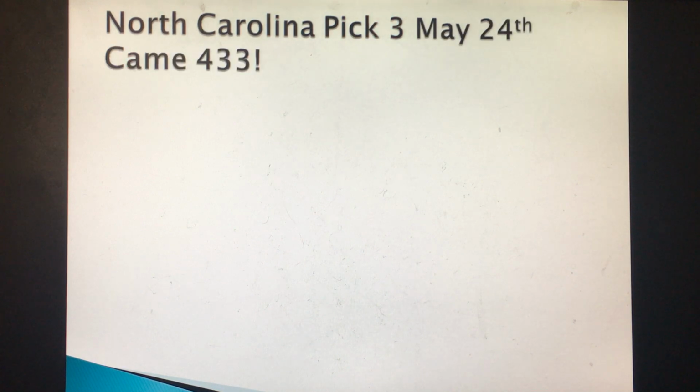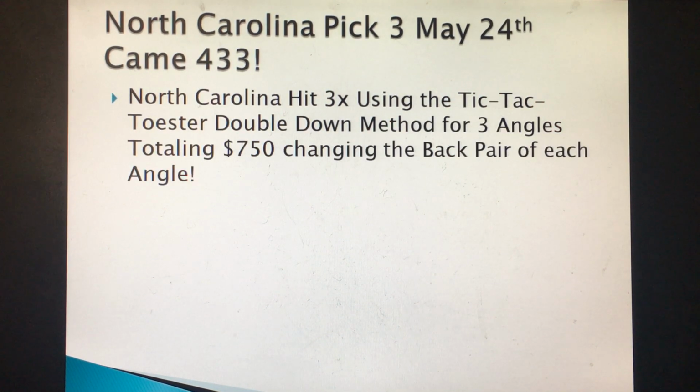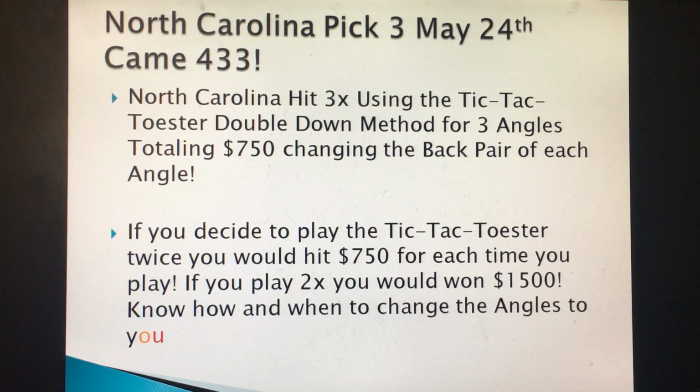North Carolina pick 3, May 24th, came 433 3 times using scenario 2 of the Tic-Tac-ToeSter double down system by changing the back pair, and scenario 2 hits 3 times. And if you decide to play the Tic-Tac-ToeSter system,